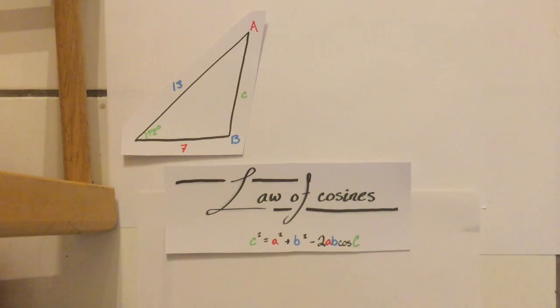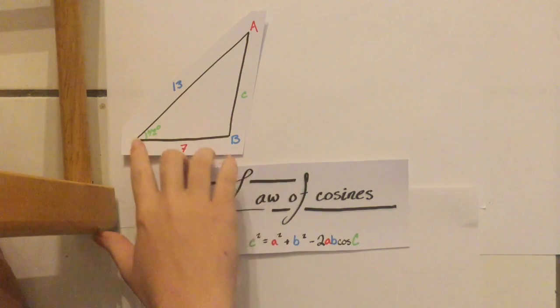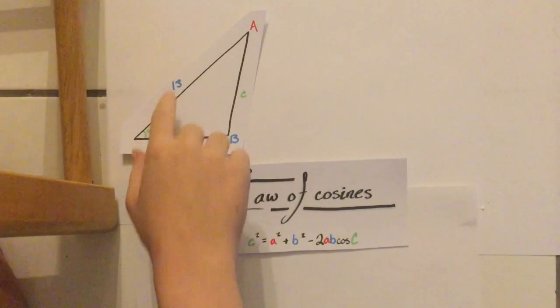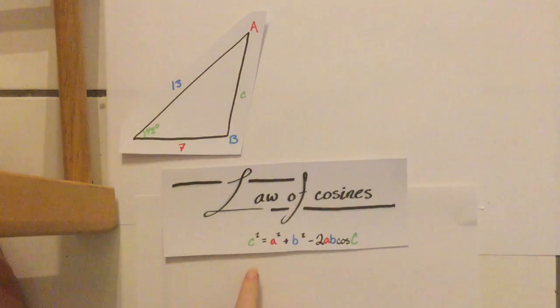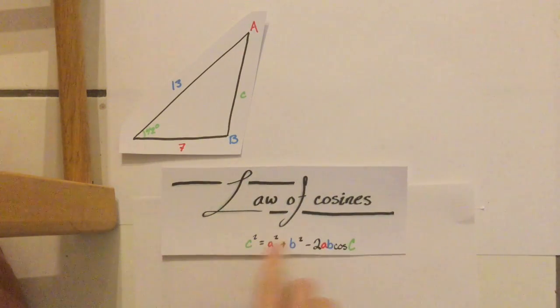And the law of cosines states that c squared is equal to a squared plus b squared minus 2 times a times b times the cosine of C. Now, c could be this side and this angle, or this side and this angle. It depends on which one you're trying to find. But you've got to be careful that the c of the side you're trying to find corresponds with the opposite